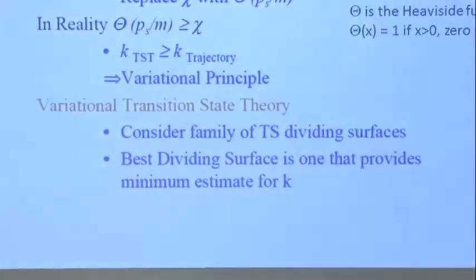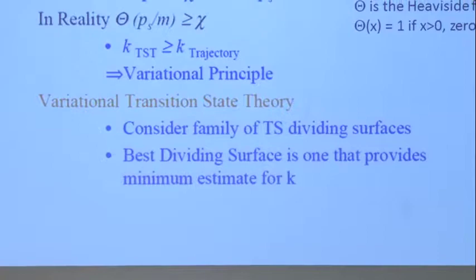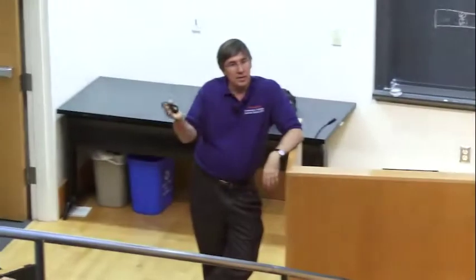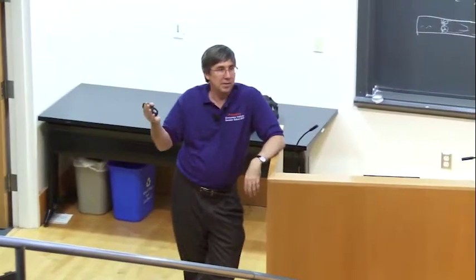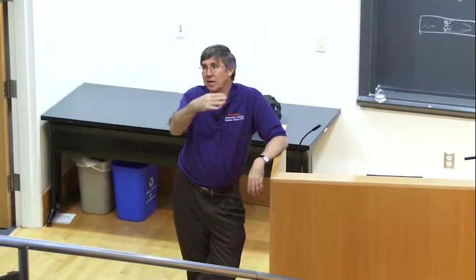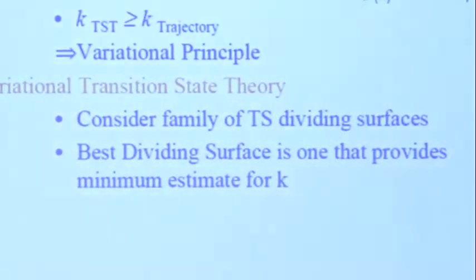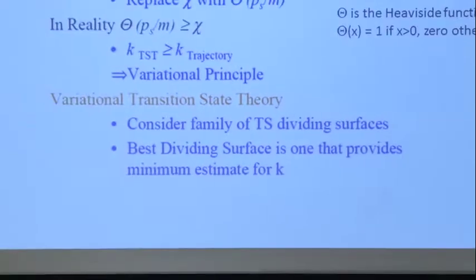And you can make a family of dividing surfaces, and we showed before, like in trying to figure out the flux of cars from New Jersey to Manhattan, we showed the case of drawing different dividing surfaces around the George Washington Bridge toll plaza, and actually, depending on where you drove the dividing surface, you can get different numbers. Same thing happens in the molecules, and it can be much more subtle and not so easy to see what's going on. And so the way that Dr. Klippenstein suggested that we should do it is actually define a family of dividing surfaces and then scan over the whole family of possible dividing surfaces.